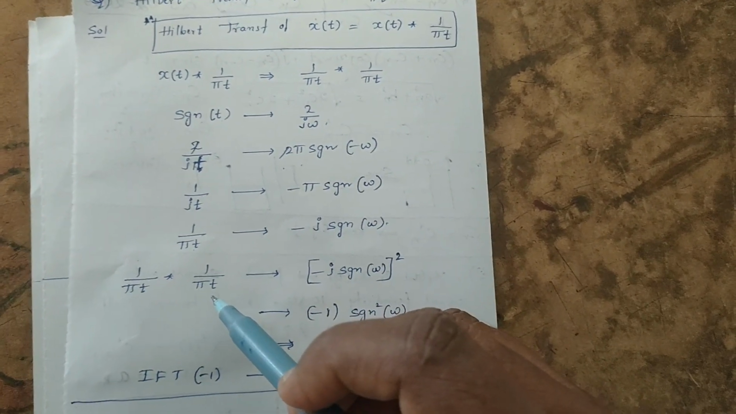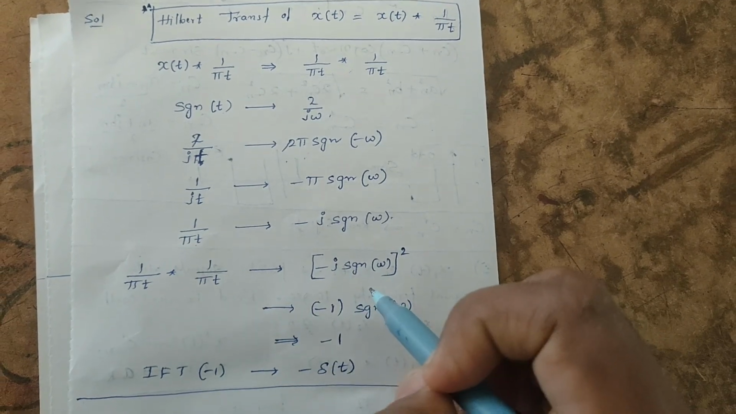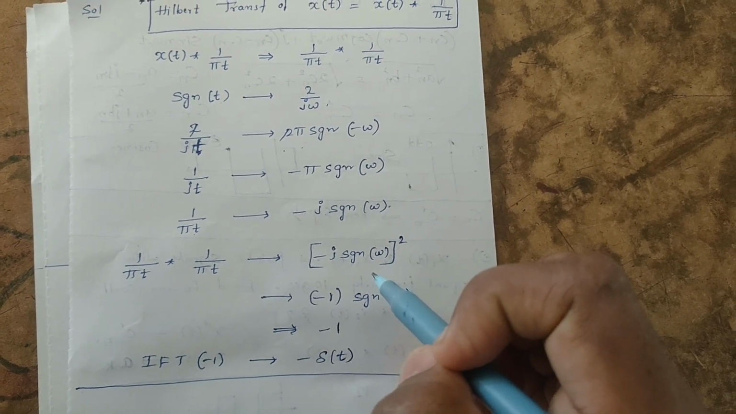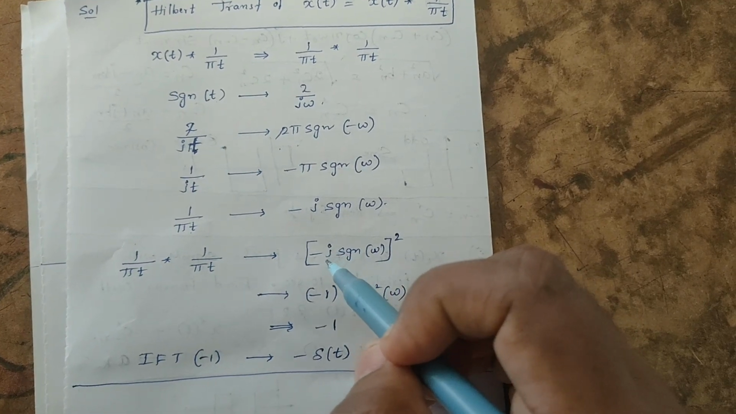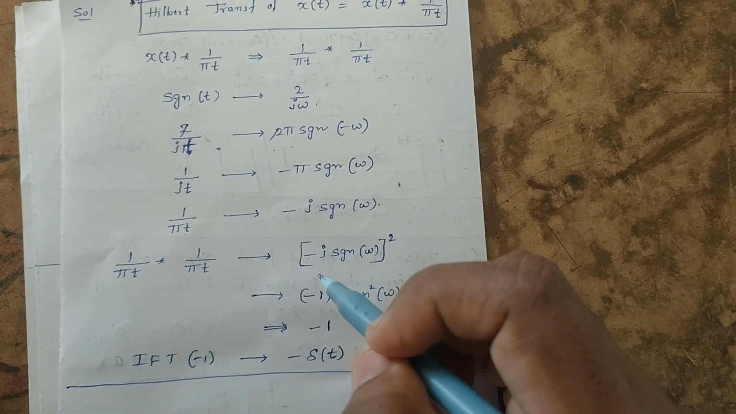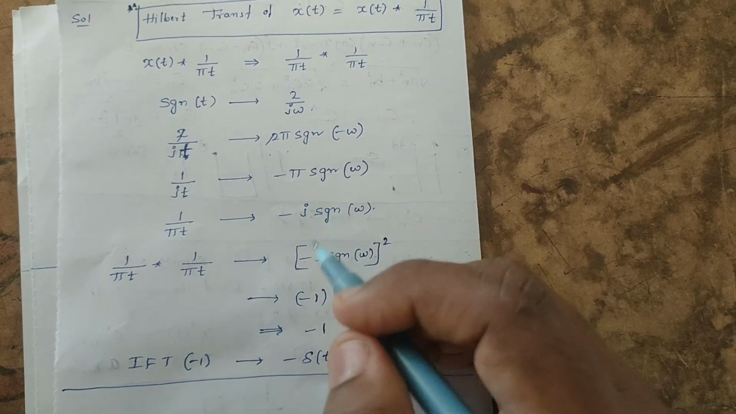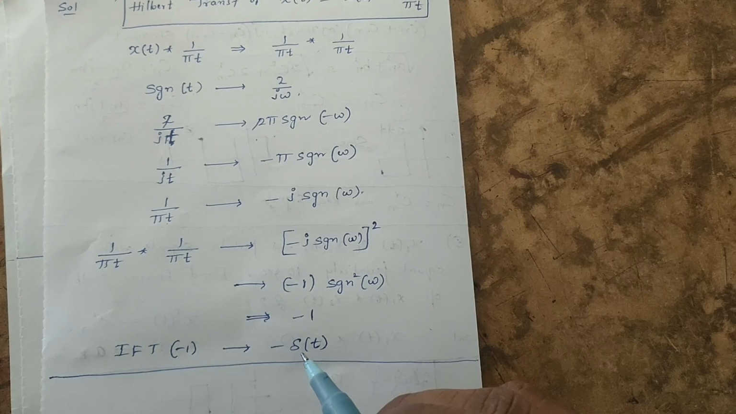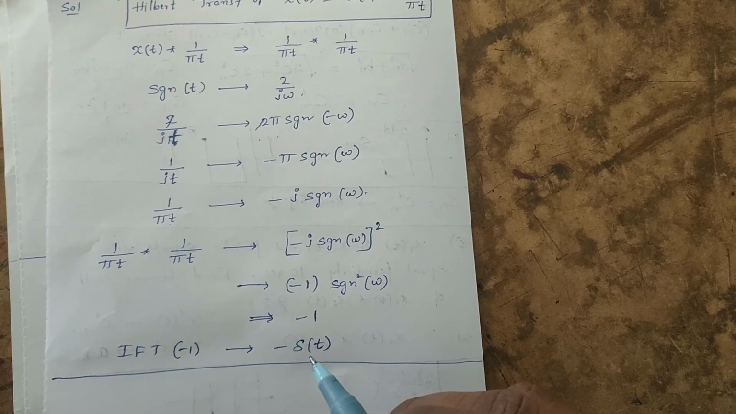In time domain, there is a convolution. In frequency domain, there will be a multiplication. So you will get whole square. So minus of j square is minus 1. So overall you will get it as minus 1. Inverse Fourier transform of minus 1 is minus del of